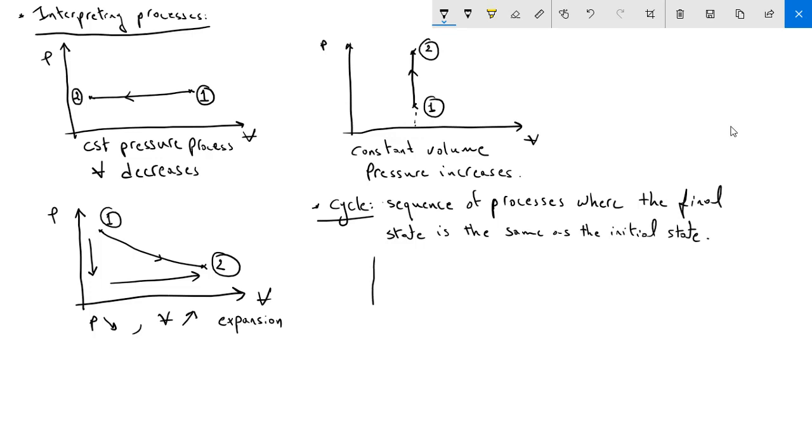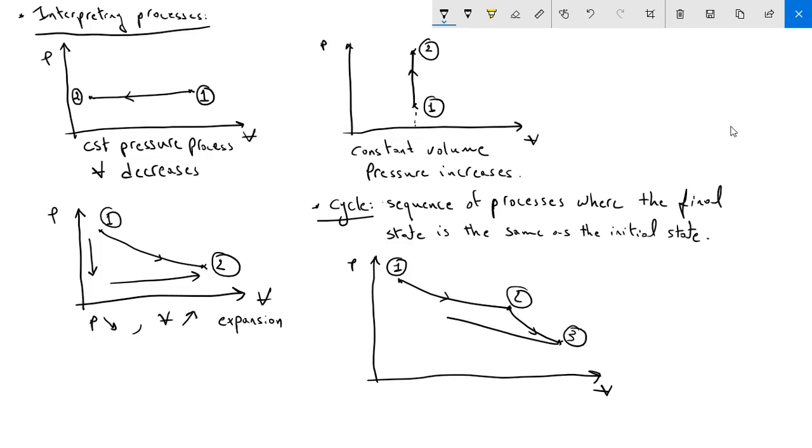For example, this is the PV diagram. This is state 1, the initial state, and the system undergoes several processes. For example, 1 to 2, some expansion, some further expansion to 3, and a compression to 4,